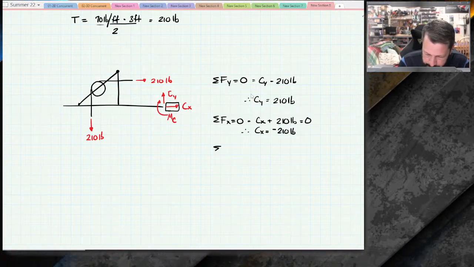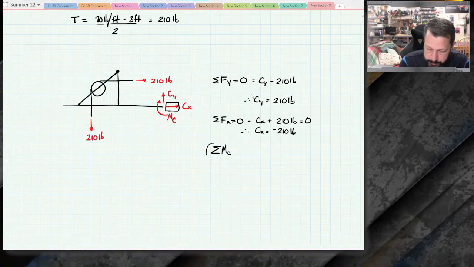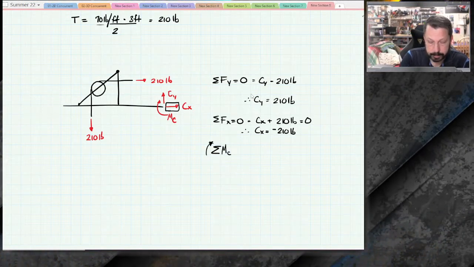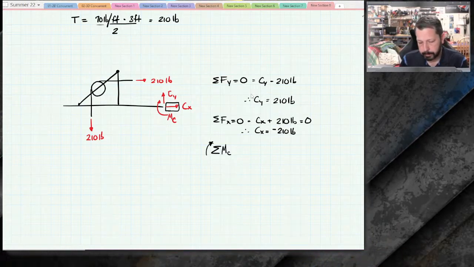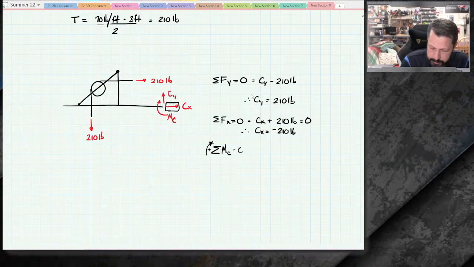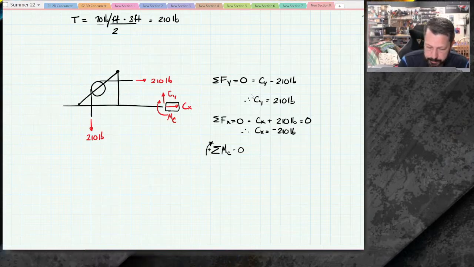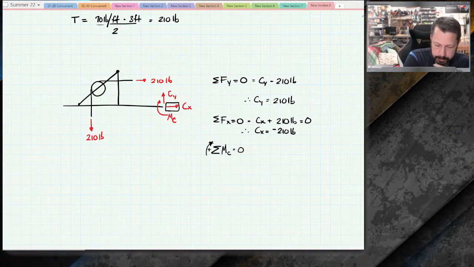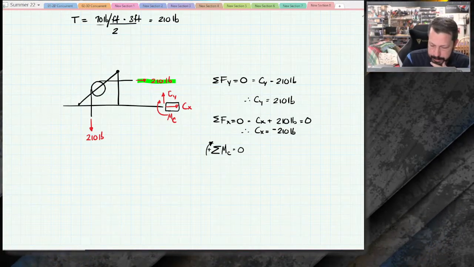To do the moment at C, what you normally do, not 100% of the time, but most of the time, is you calculate summation of moments at point C. And that will give you the value of the moment at C. Summation of moment at C, we'll say clockwise is positive. They have to add to 0. And I'll highlight them as I go, because there's two that are 210 pounds. This 210 pounds